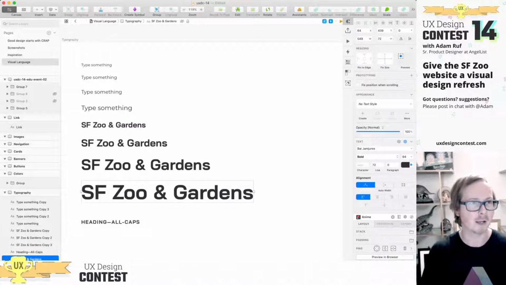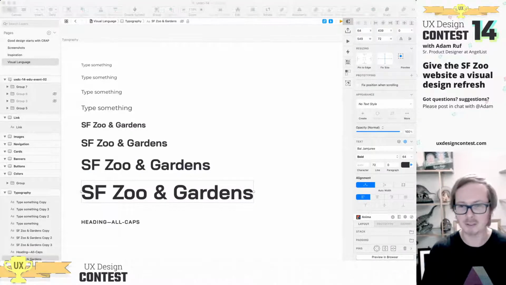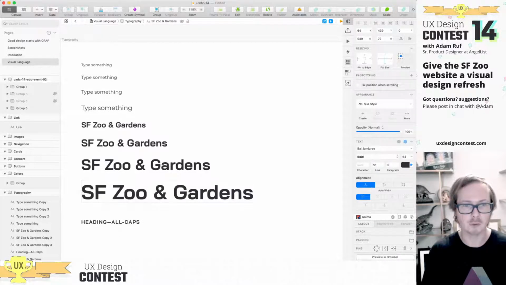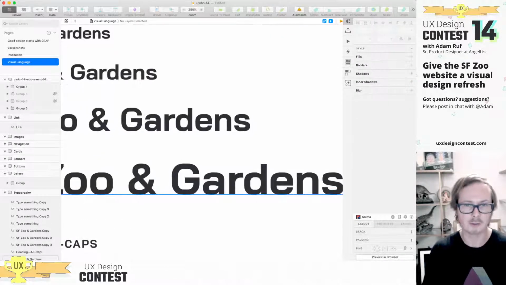I think someone brought up, I forget who it was, the Z or the G on the zoo website, right? This funky G. It's almost there, but it just stopped a little bit. So this one has a real strong